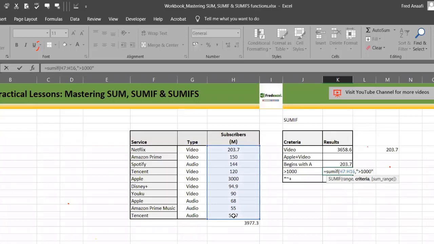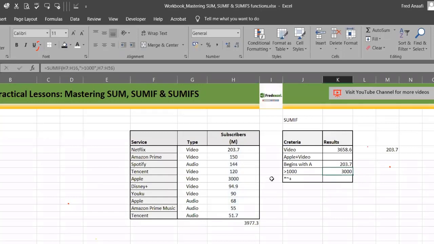Sorry, close my inverted commas or apostrophe, comma, and select the sum range. Here I can end, or still select my sum range. I'll still get my answer, but let me go through the normal way and still close it. Enter. You can see that it gives me 3,000, and it's true because here you can see that it's only